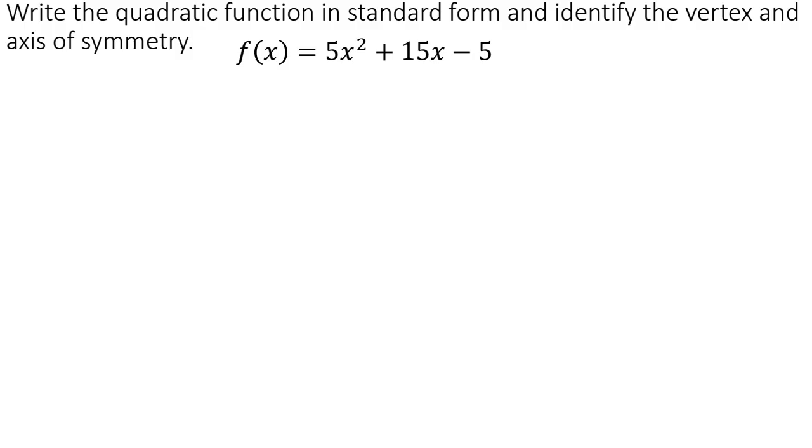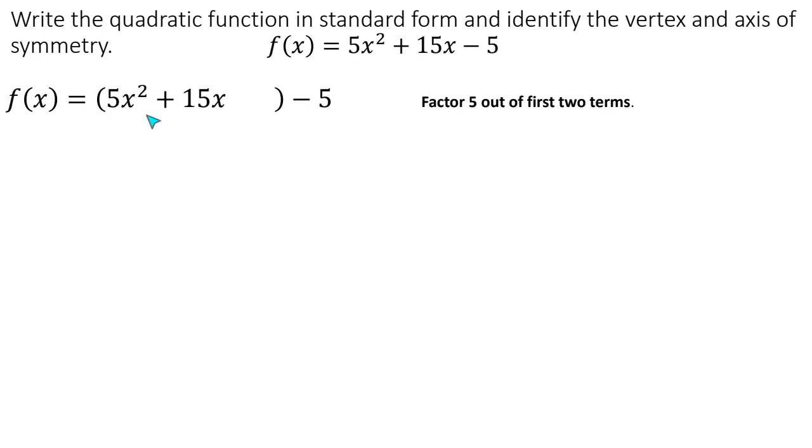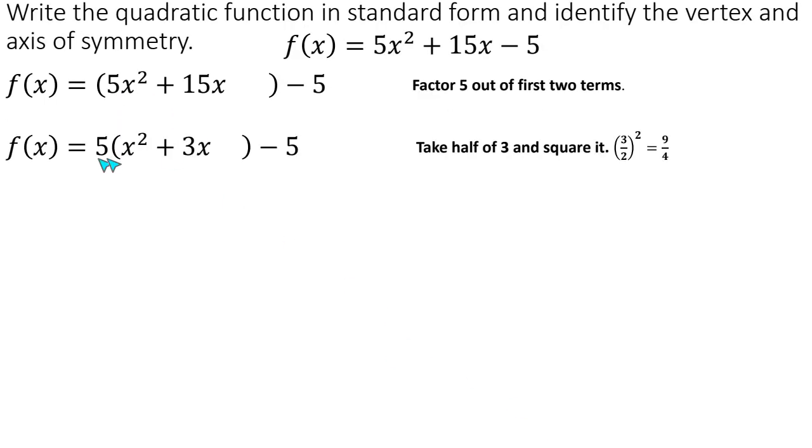Okay, so now let's look. I think this will be the last one, but let's look at this one here. So again, we want to group together the x terms. I have a number in front of x squared, so I'm going to factor it out. So I end up with 5x squared, or 5 times x squared is 5x squared, and 5 times 3 is 15x. So now I want to take half of 3,